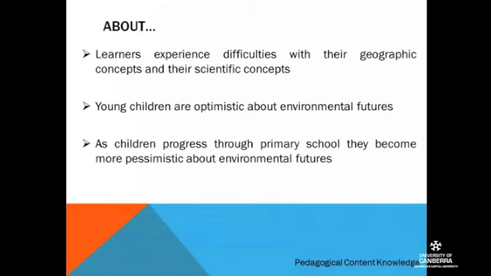Marilyn Flair in 2000 did a study out at Hall Primary School, and she looked at young children from preschool through to 6th grade. Young children actually comment on tangible things when they're talking about acting for the environment or environmental issues. So they see things like raking up the leaves as helping the environment. They see other things like keeping the city tidy as helping the environment, and helping people who are sick as helping the environment. So they get the tangible things. So you have to help them get those scientific and geographic concepts so they can see beyond the tangible and actually move to a different spot.